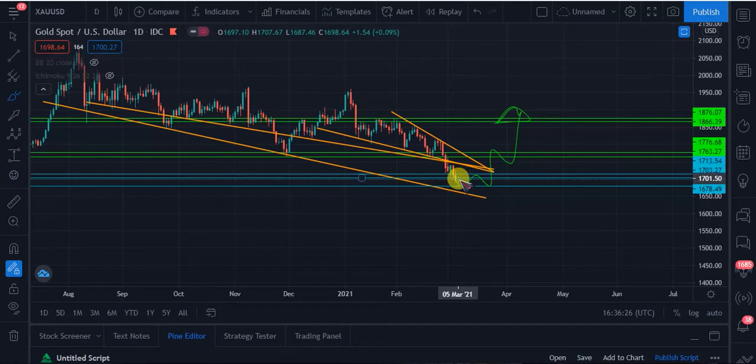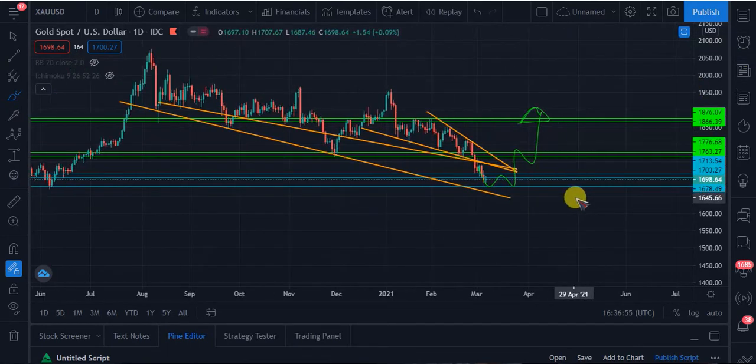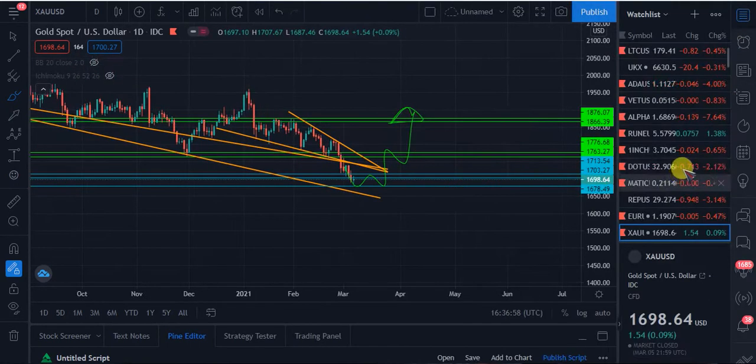So I'm expecting a buy trade around this zone for gold, and it's also possible for gold to break this trend line down. If gold should break this trend line downward, that means we are expecting more sell trade from gold. If this support trend line can't hold the trend, we are expecting a sell trade. But I don't expect gold to do that, but anything can happen in the market. Nothing is 100%. So that's for gold.